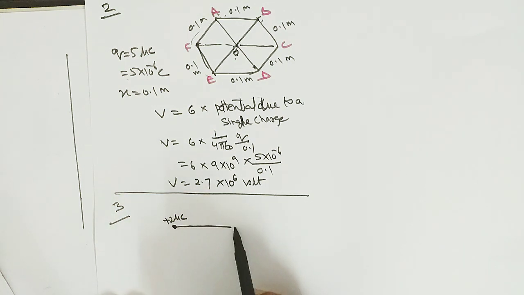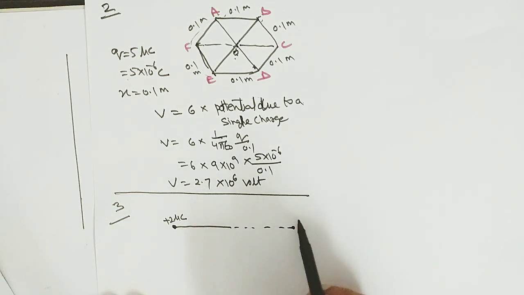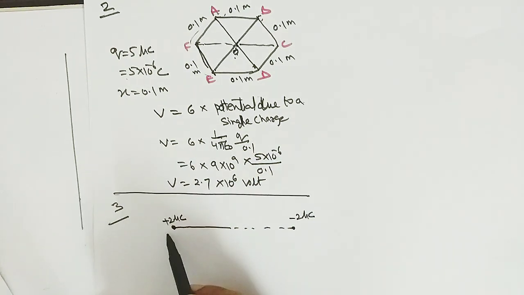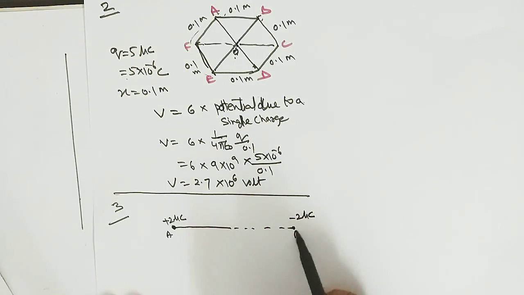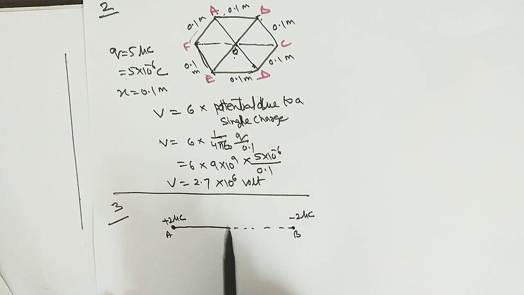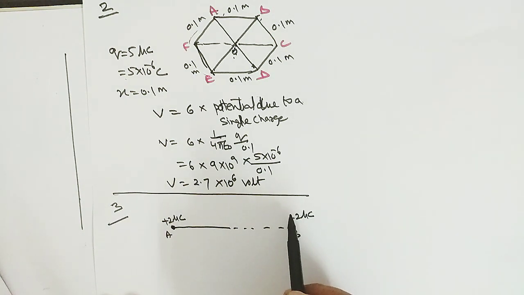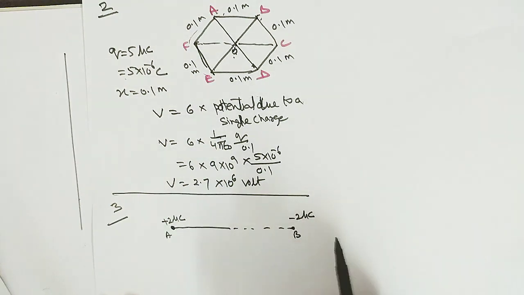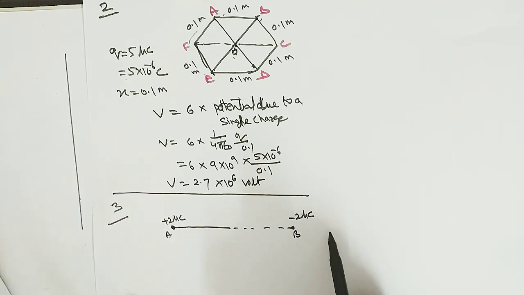Okay, 6 centimeter I am taking. Second point, it is the minus 2 microcoulomb placed at points A and B apart. First part of this question, it is asked, identify an equipotential surface of the system. And second, what is the direction of electric field at every point on the surface?